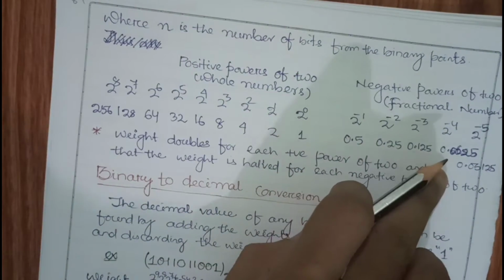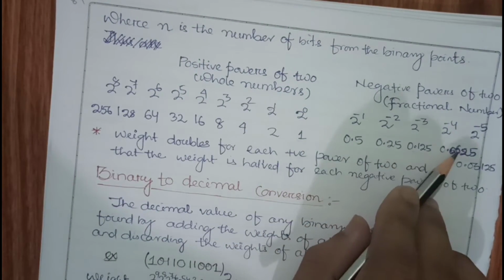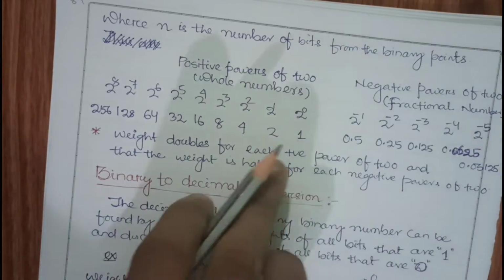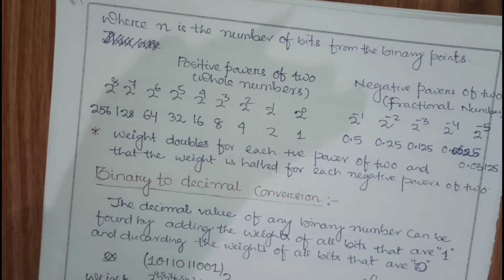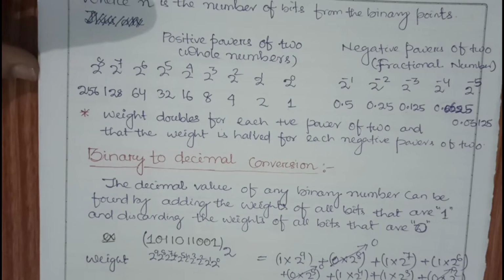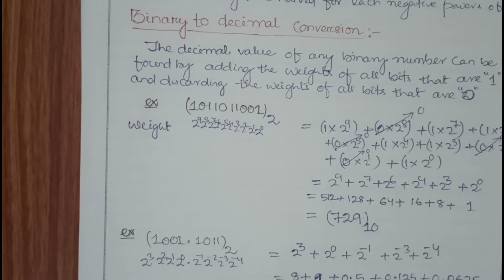Okay, so remember the powers, at least 1, 2, 3, 4. These 4 powers towards the right and some till 256 towards the left are enough for any binary digit that is given. Now we have already seen the binary digit, binary number and decimal number. Now we'll see how to convert binary to decimal.